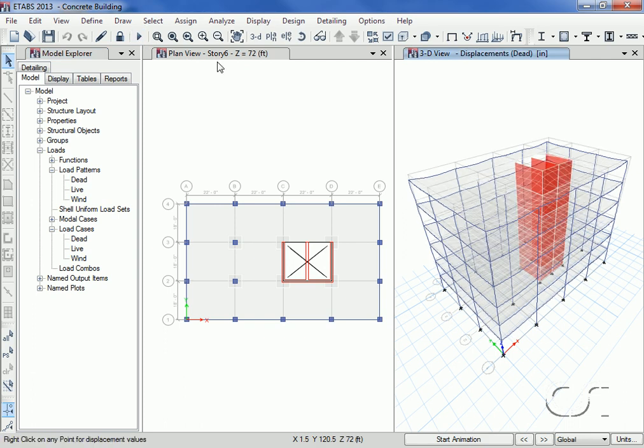When the analysis is complete, the program automatically displays a deformed shape of the model in the 3D view, and the model is locked, preventing any changes that would invalidate the analysis results. Now we can display the results. In the Model Explorer window,